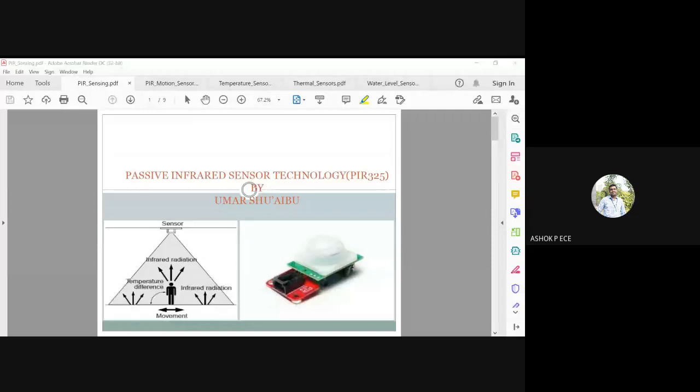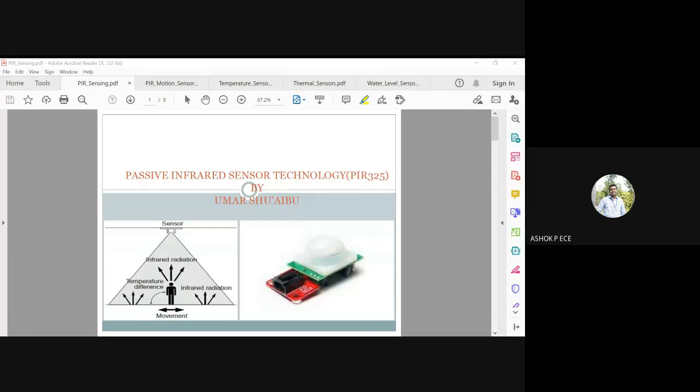So we were seeing about the sensors which will be used in our smart homes. Yesterday we have seen about the infrared sensor, and we have seen how the infrared sensor is used for detecting motion and also for detecting obstacles. That is the first thing. And then we have seen the imaging sensor and the motion sensors, and how to detect the presence of human beings and other things. Mainly it is used for security purposes.